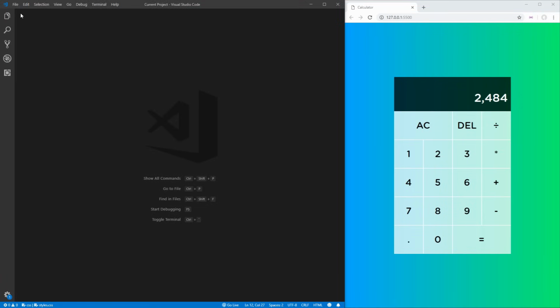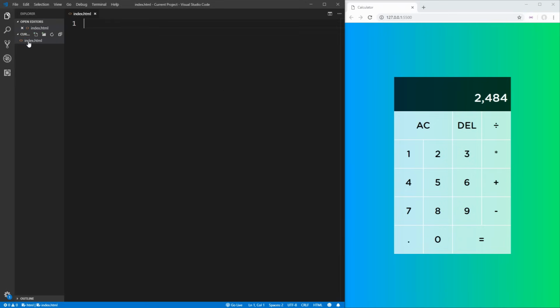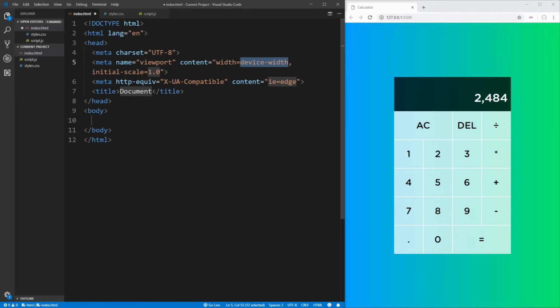Over here, I have Visual Studio Code open, and all we need to do is create some files. First, we want an index.html, which is going to be all of our HTML. We'll create a styles.css for all of our styles, and a script.js, which is going to contain all of our JavaScript. Next, we want to go into our index.html file here, use exclamation point and hit enter to get our boilerplate HTML code. Here we can just put calculator as the title, and we want to import our script tag